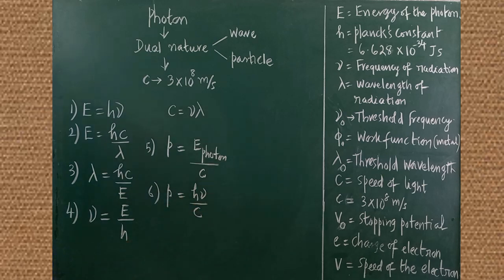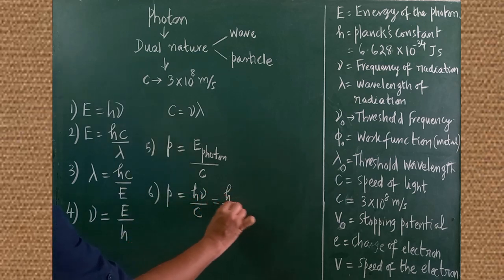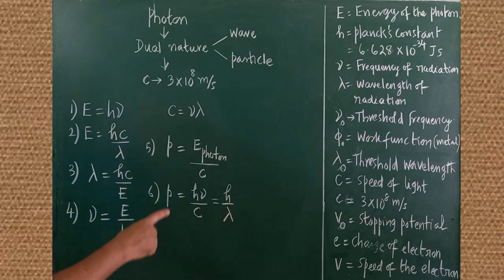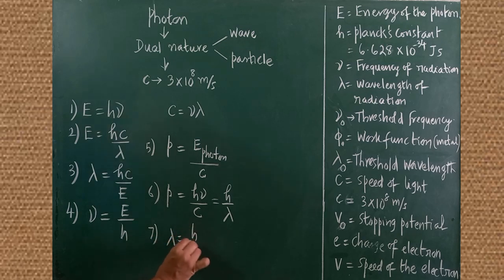So by knowing the frequency we can calculate the momentum of the photon. This one can be written as momentum is equal to h by lambda. So this is another formula. Momentum can be calculated by using the wavelength. And then the seventh one, lambda can be calculated by h by p. Are you clear? Totally 7 formulas are available. By knowing one thing, we are able to calculate another one. So know all the fundamental relationships related to photon. If any small problems are asked, you are supposed to solve the problem by using these simple formulas.